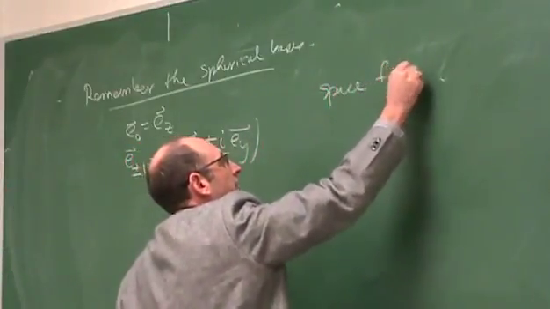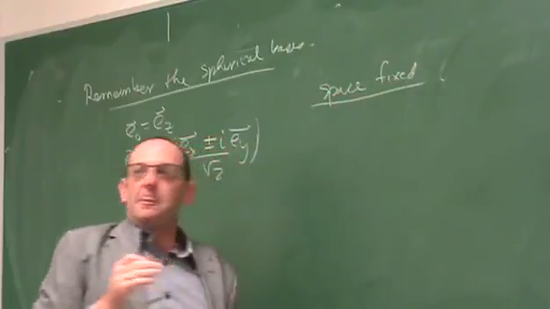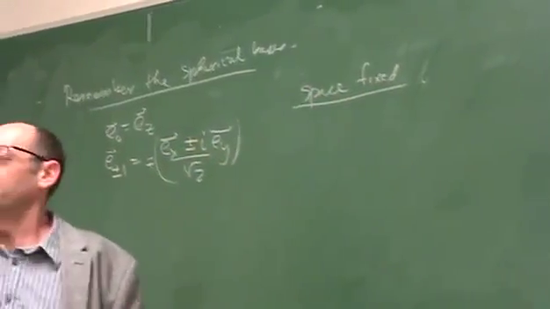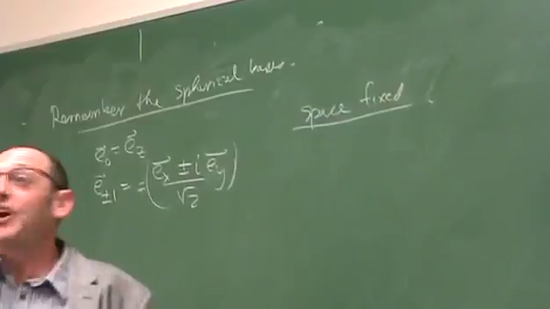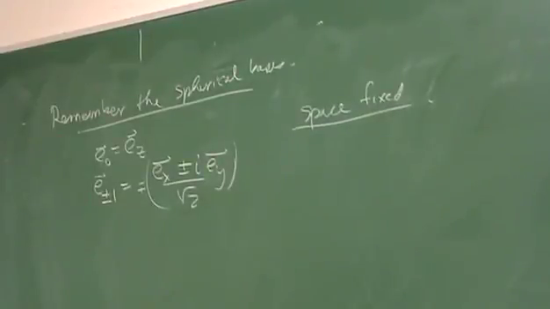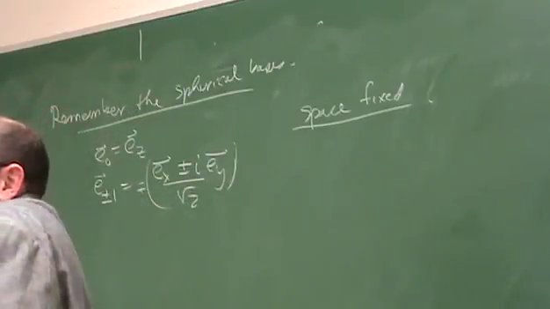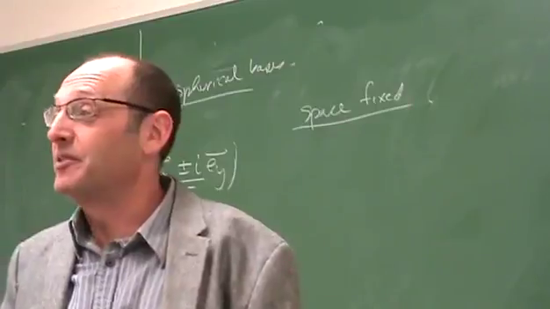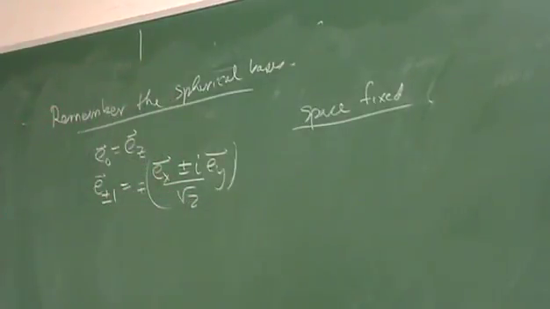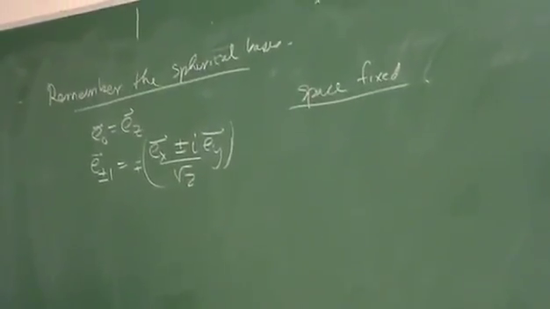In other words, we impose a coordinate system. We decide some direction we're going to call Z. It doesn't matter. The physics can't depend on the coordinate system upon which I describe the physics, but it's convenient to put a coordinate system. So we choose one. What we call the Z-axis, the physics cannot depend on that.